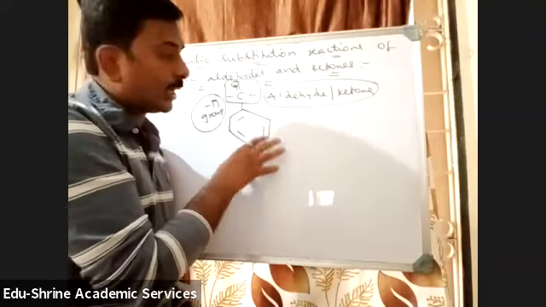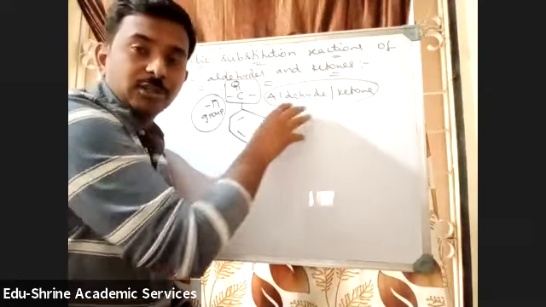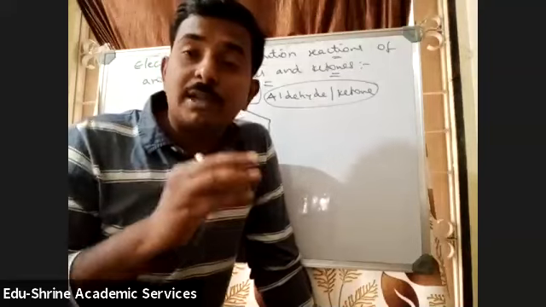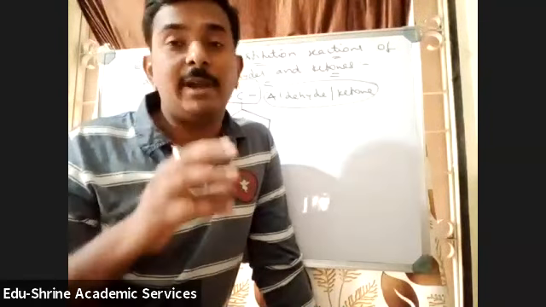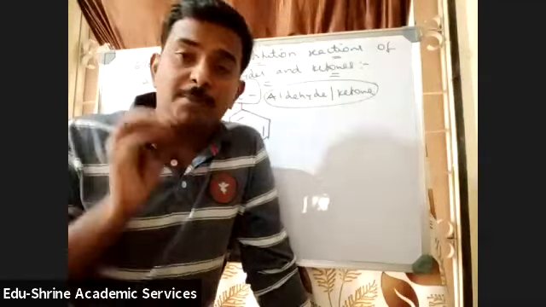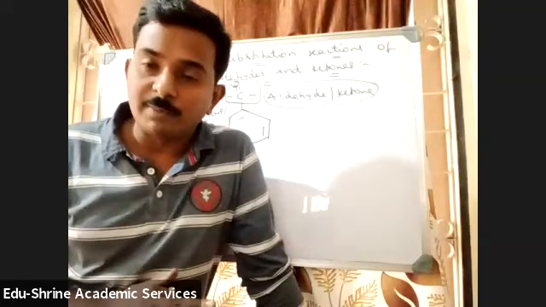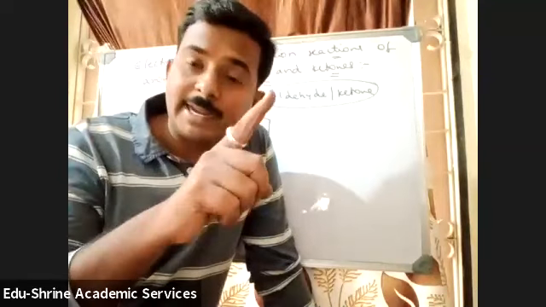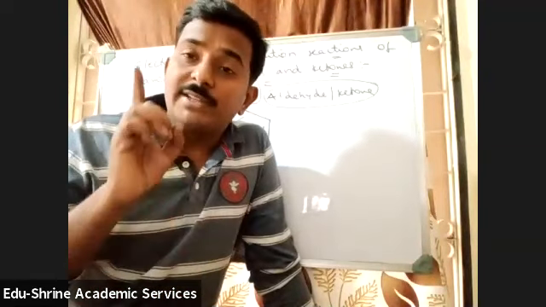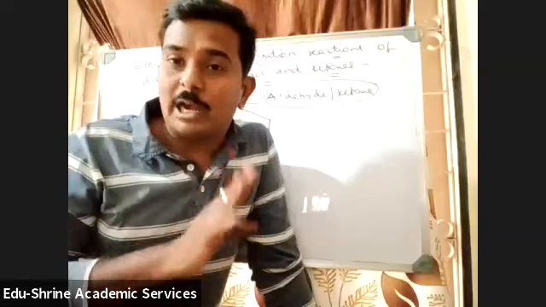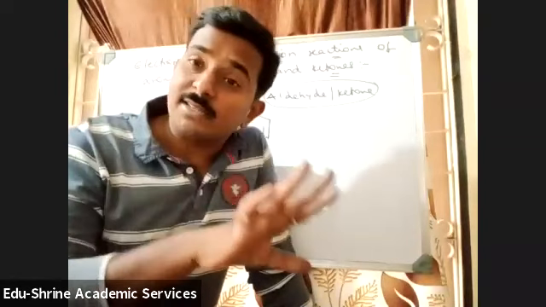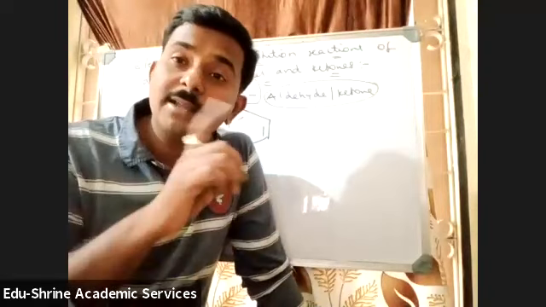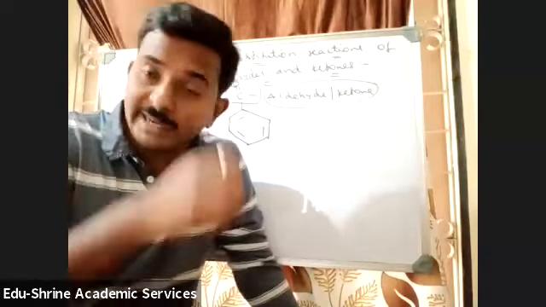So whenever aromatic aldehydes or ketones undergo an electrophilic substitution reaction, the incoming electrophile will be directed towards the meta position. So always meta products will be formed. Haloarenes we discussed, where we get ortho and para products. We discussed phenols, where you get ortho and para products. We discussed ethers, where you get ortho and para products. But in this case, you will get meta products.